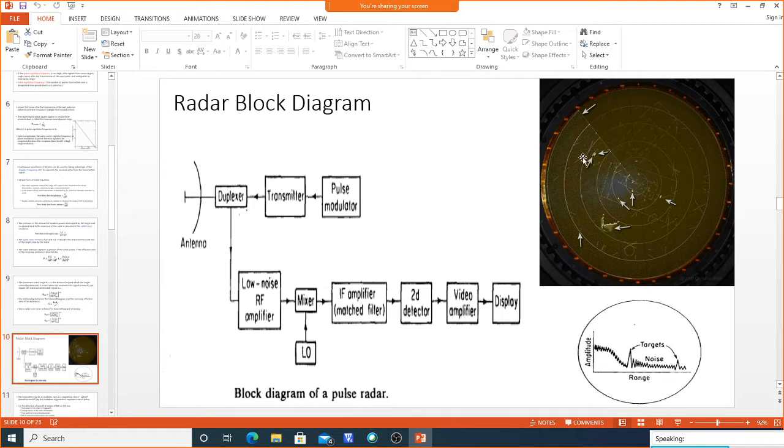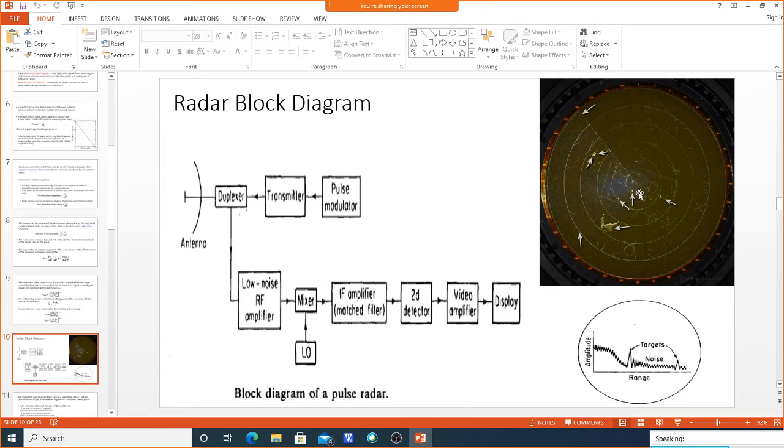The antenna is fixed and the beam is tracking the target. Whenever the beam is tracking the target, say for example it is a moving target, then the angular position with respect to that antenna beam will move. Say for example, if the target is moving like this, then the angular position is also moving like this.